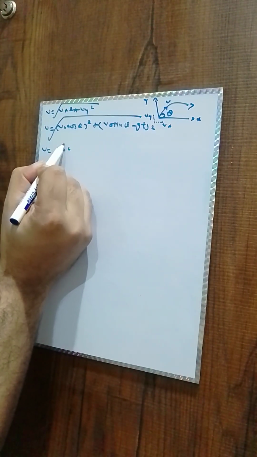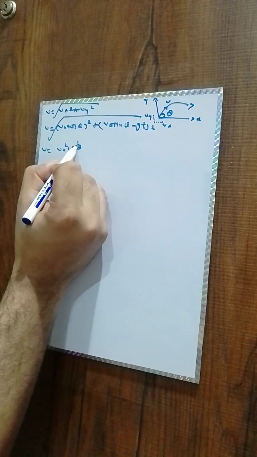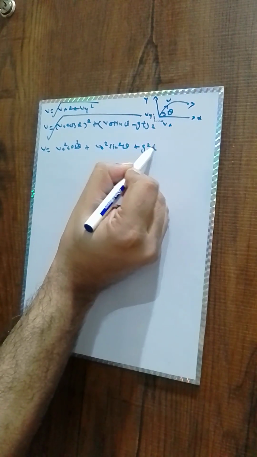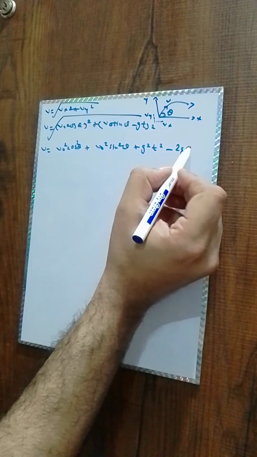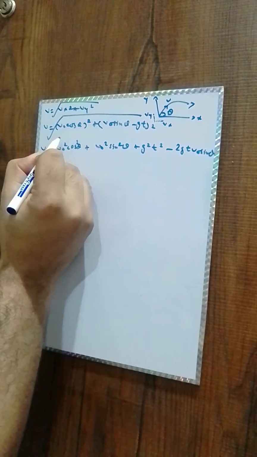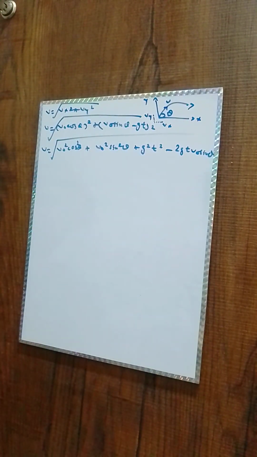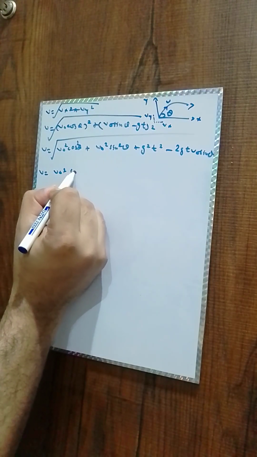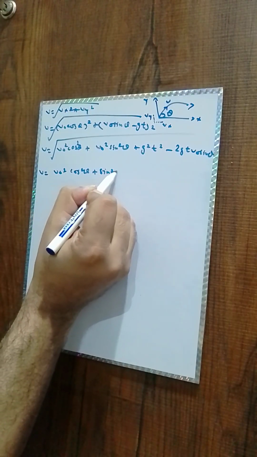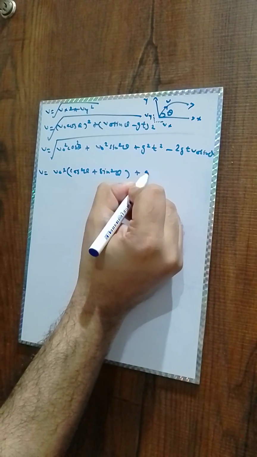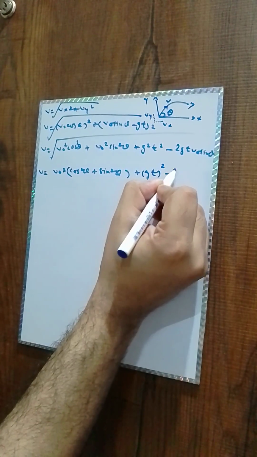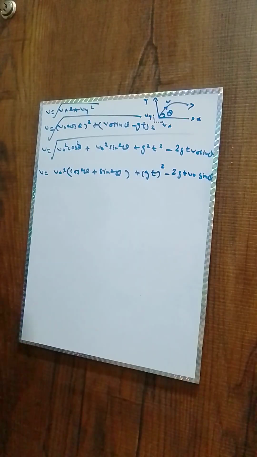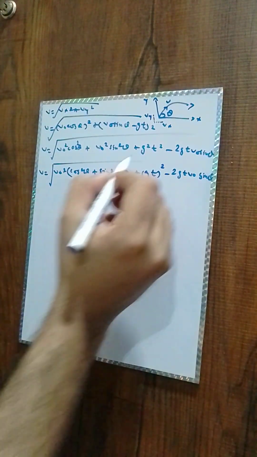It says the root of v naught square cos square theta plus v naught square sine square theta plus g square t square minus 2gt v naught sine theta, and v is equal to the root of v naught square (cos square theta plus sine square theta) plus gt whole square minus 2gt v naught sine theta. Yes,